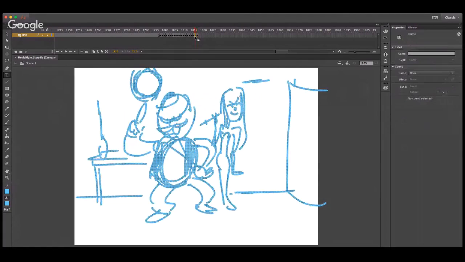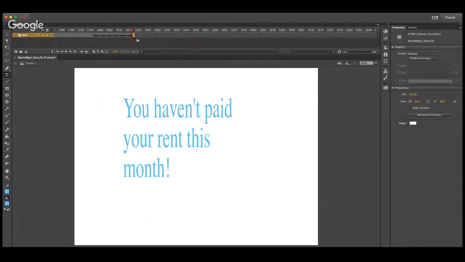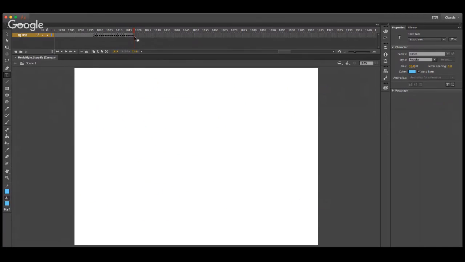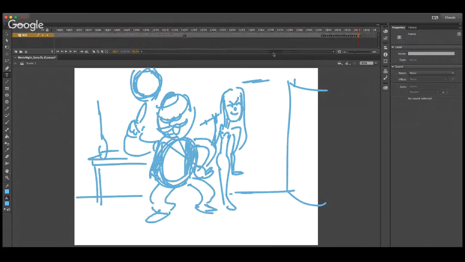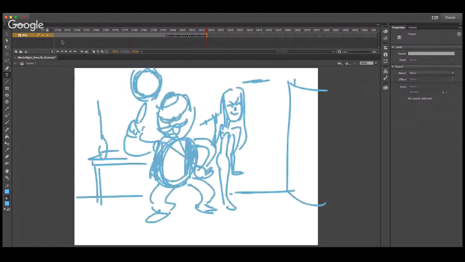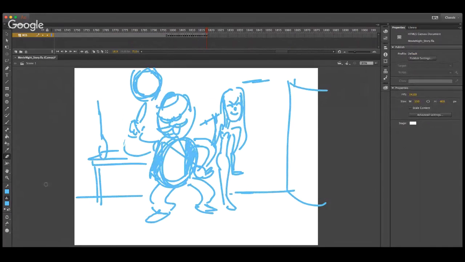He's like, blah, blah, blah. You haven't paid your rent this month, and it's going to continue. And he's going to be right back in his other stance. Sometimes you gotta copy. Nothing wrong with that. Sometimes you do it if it is okay. You don't always have to redraw everything, especially if you got something that's really a similar